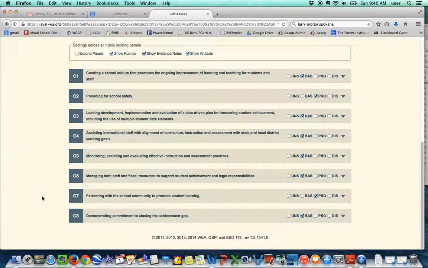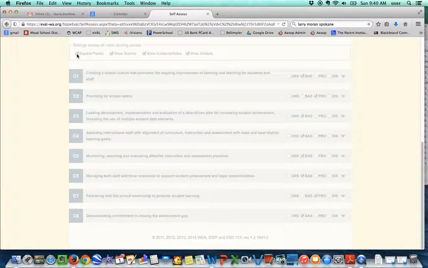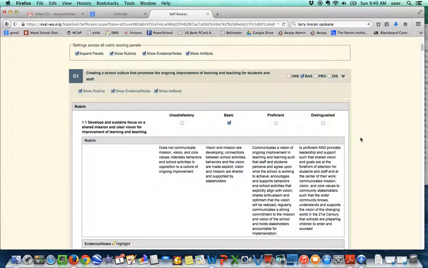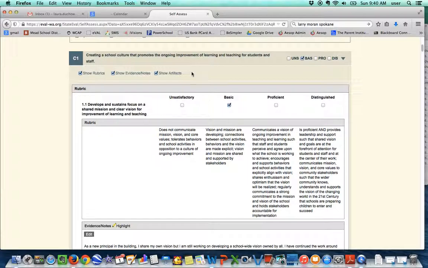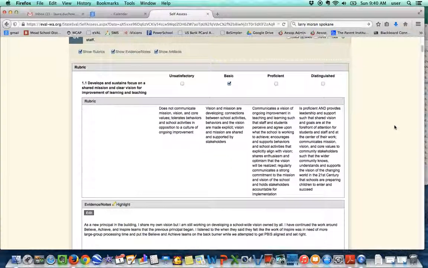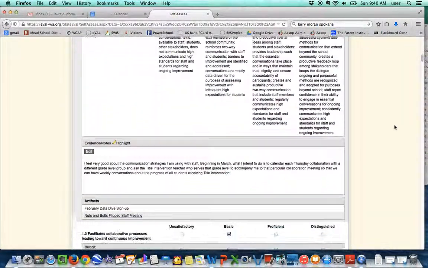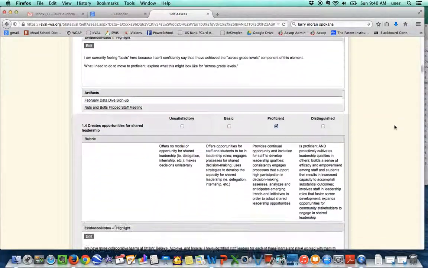Within each of these criteria, there are components like there are within yours. So let me expand the panels and show you what that looks like. This is how you'll create or complete your self-assessment if you choose to do it in eval like I did. Just takes a second for it to open. And then as you can see under each criterion, so here's criterion 1, creating a school culture that promotes ongoing improvement of learning and teaching for students and staff. Underneath there are 1, 2, 3, 4